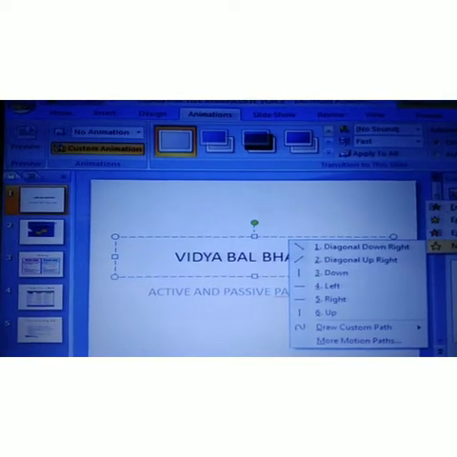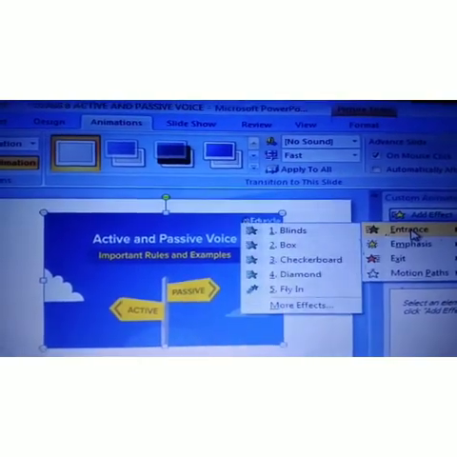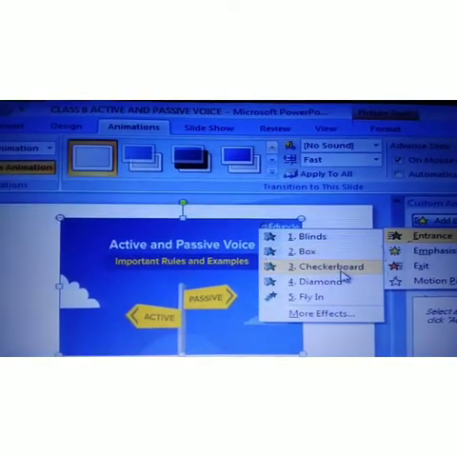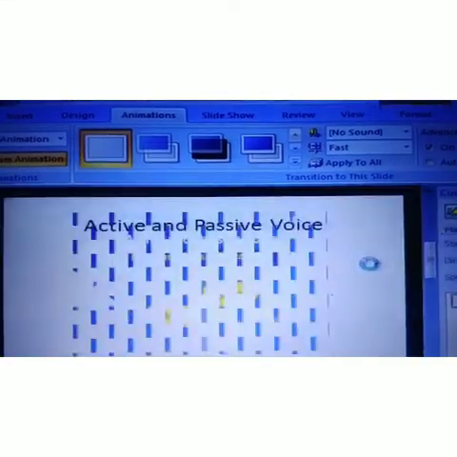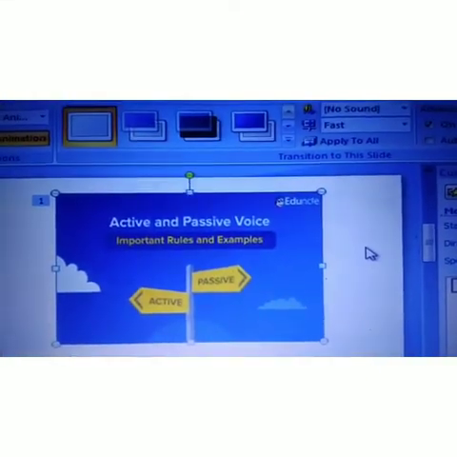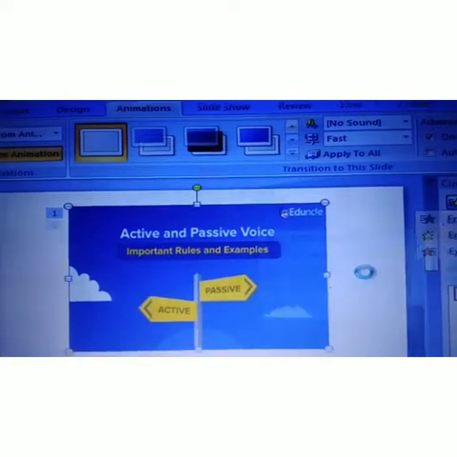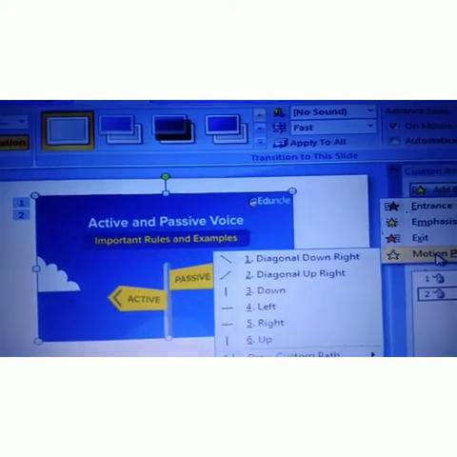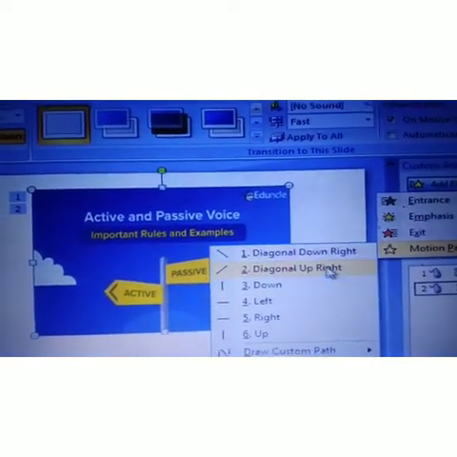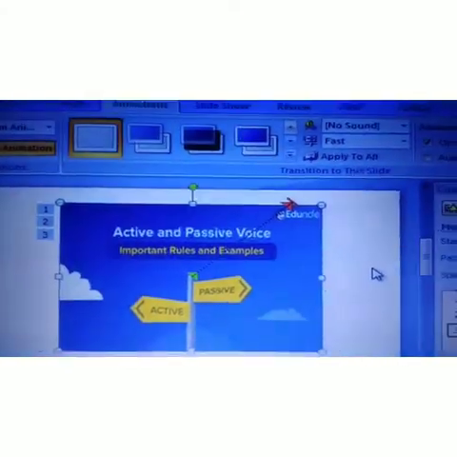Students, just for example, you can see here, click on a slide and apply the effect. First of all, click add effect, then click entrance. I'm going to apply the checkerboard option. Click checkerboard. See students, this is the checkerboard effect. Now next is enhances. Click change font style, so you can see properly. The second option is change font style. Last, you can see a motion path, diagonal up right side. So you can see the effects in PowerPoint perfectly.